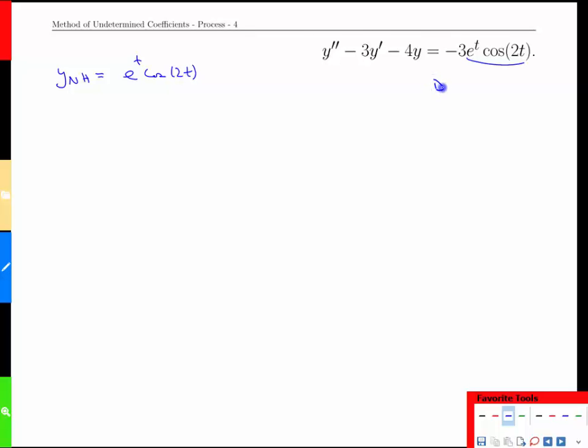And then you think of the differential family. If we have e to the t and cos 2t in our building blocks, if we differentiate this, we're going to get e to the t's times cos, and we're also going to get e to the t times sine of 2t's. But once we get to this stage, if we differentiate again, product rule will give us e to the t sines and e to the t coses, and we're back to this again. So in fact, all we need are those 2 ingredients, e to the t cos and e to the t sine 2t as our building block. To find a and b,